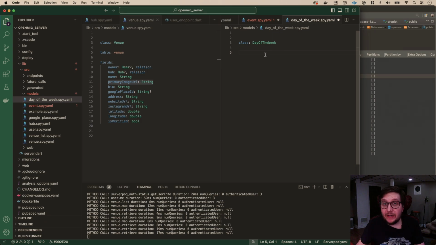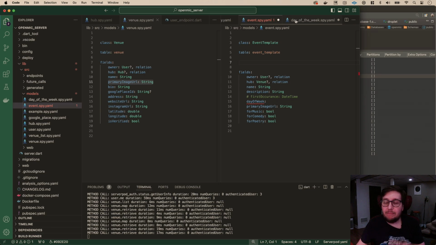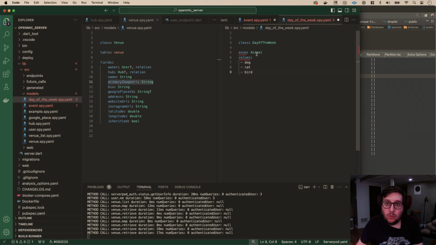So here we won't have a database table. This won't be stored in the database. Like in theory we could, but that doesn't make sense. And let's just paste this in. We actually call it enum, not class. Okay. And then for values, we're going to put, let's start at Sunday, Monday, Tuesday,